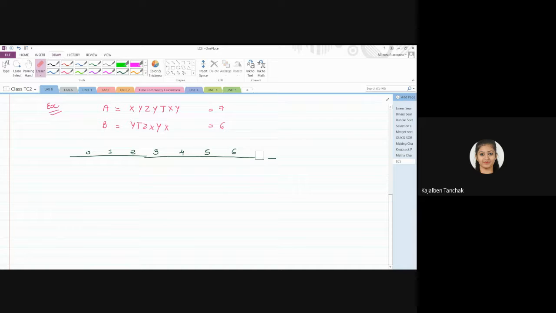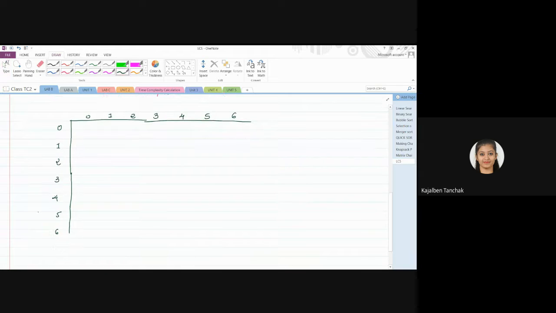Generally I will take the minimum one on this side. Anything you can take on any side, you will get the same answer. 0, 1, 2, 3, 4, 5, 6, and 7.